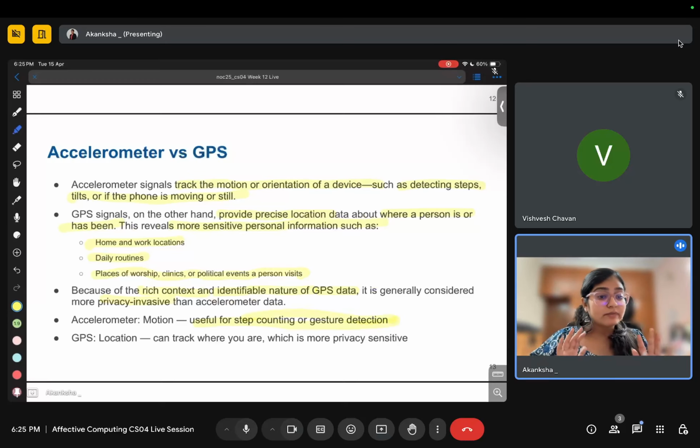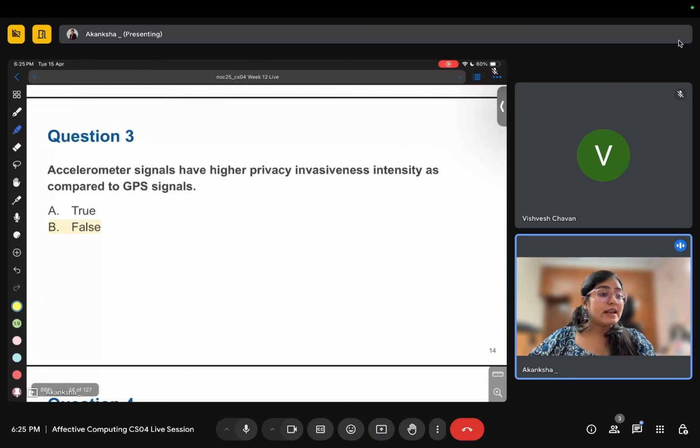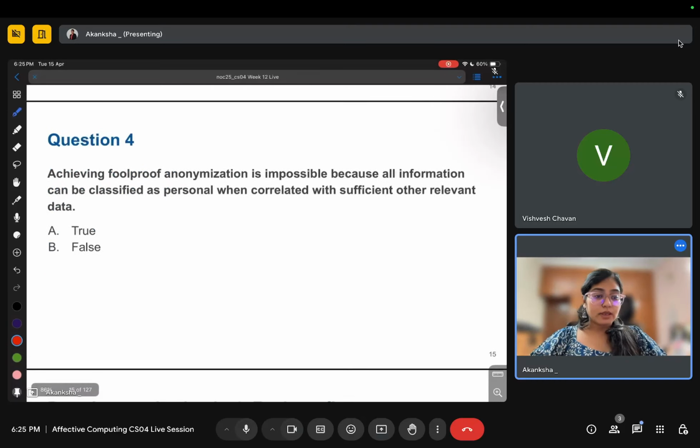It is not even telling that it is my data, or whether I'm running or sitting. It does not reveal anything about my location. Okay. So the accelerometer is less privacy invasive than the GPS. Okay. Achieving foolproof anonymization is impossible because all information can be classified as personal when correlated with sufficient other relevant